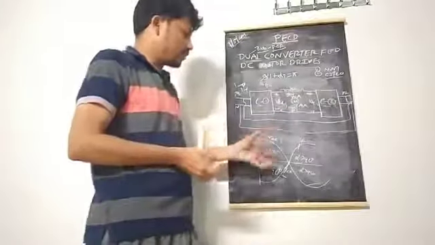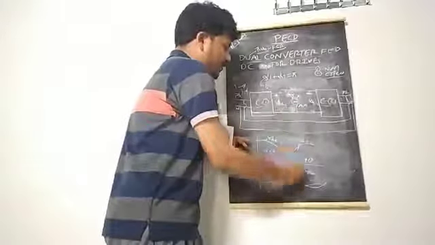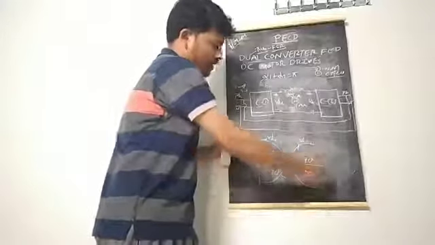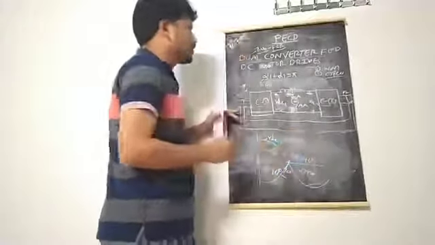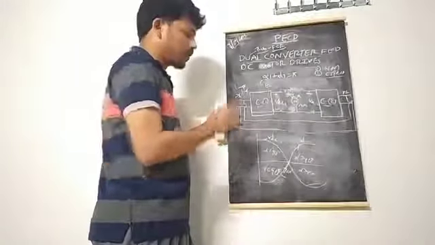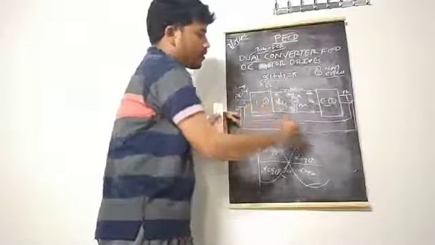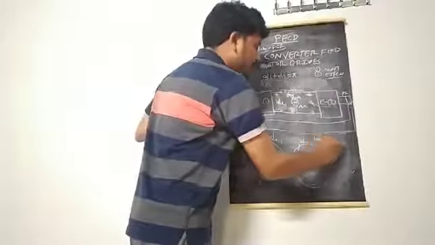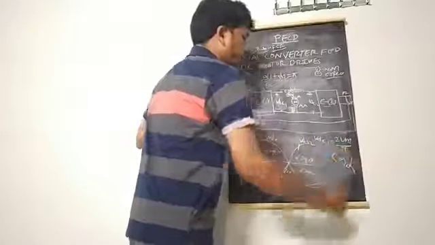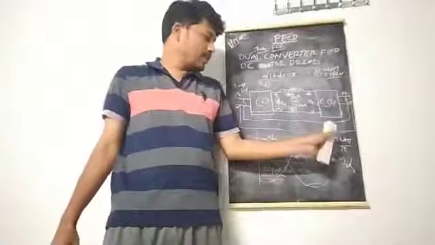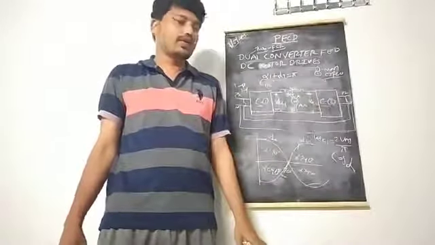So in this way it is operated simultaneously in the circulating current mode. This is the output of converter 1, VDC1, and VDC2. You also know why this waveform came like this, because we know the output of each fully controlled rectifier. We assume a fully controlled rectifier, converter 1 and converter 2. What is the output of converter 1? VDC1 is equal to 2Vm by pi cos alpha. What is the output of each converter? VDC1 is 2Vm by pi cos alpha. VDC2 is equal to minus 2Vm by pi cos alpha.